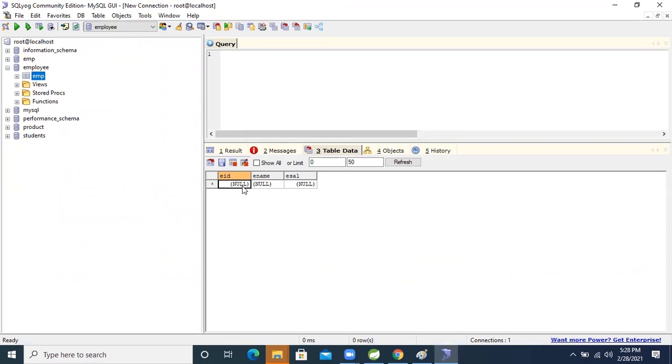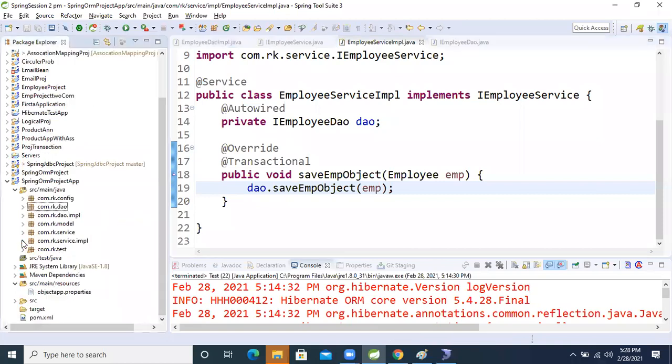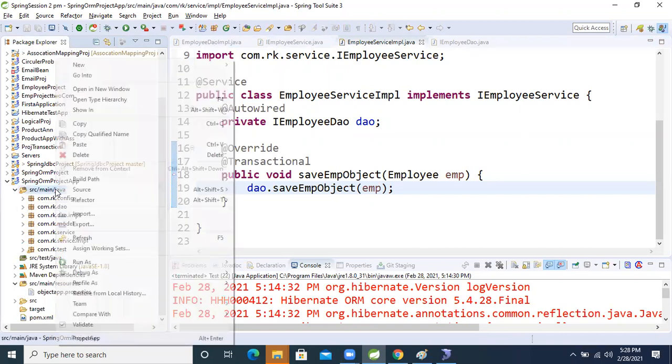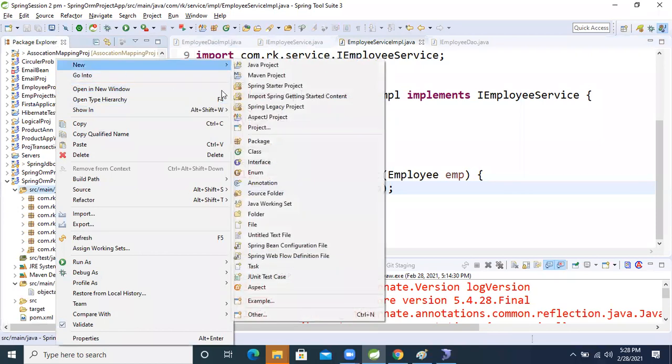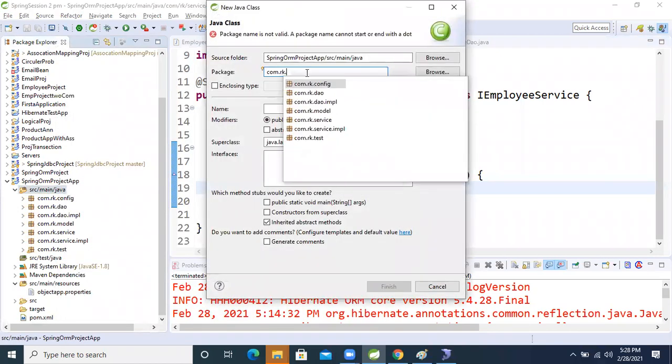So can I use the @Component annotation also? Okay, let's make the controller also. Think about that this is our controller class, right? Now right click, com dot RK dot comp.